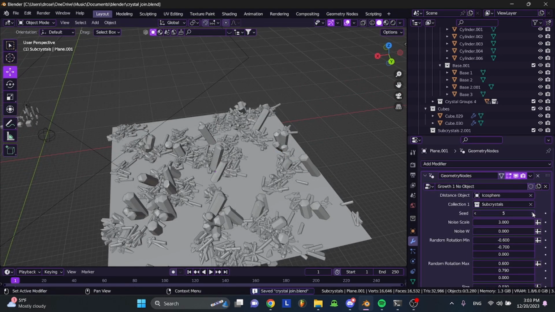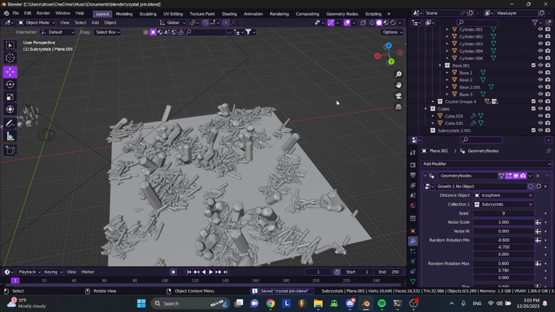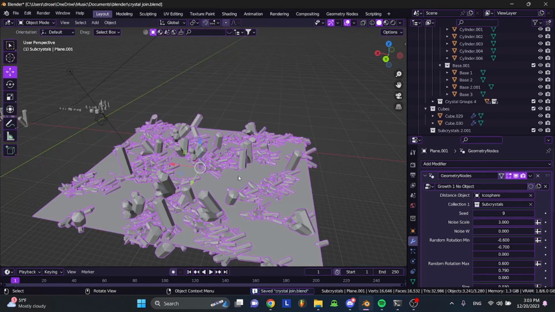And you have the seed as well. The seed will change for both of them because I didn't want them to go crazy. So yeah, you can mess around with different ideas here. And yeah, that is pretty much how the first